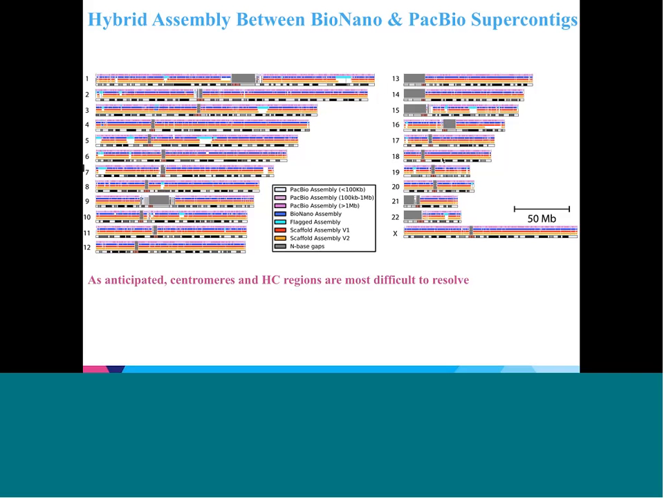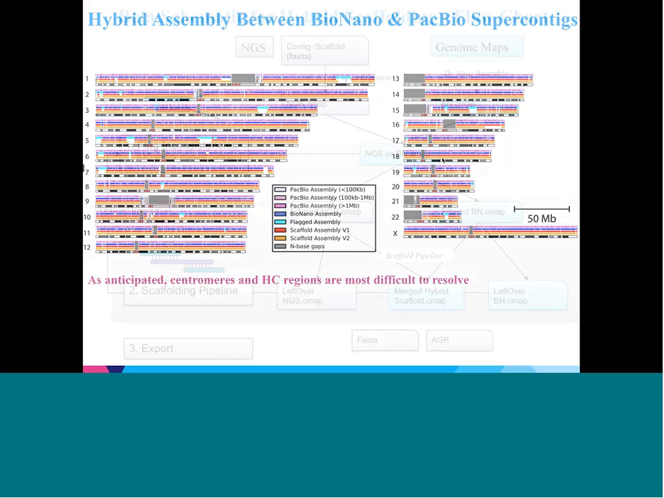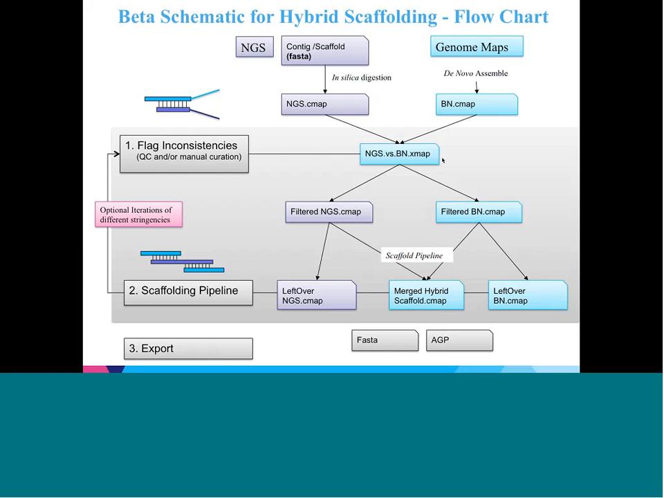So what is the approach that we use to do this? Well, as I mentioned earlier, you start off with your NGS contig set. In our case, it was PacBio, and we do an in silico digestion using the particular restriction enzyme site that was going to be used in the BioNano genome map construction. The genome maps are passed in as they normally would be, for people familiar with the technology. So you have these two